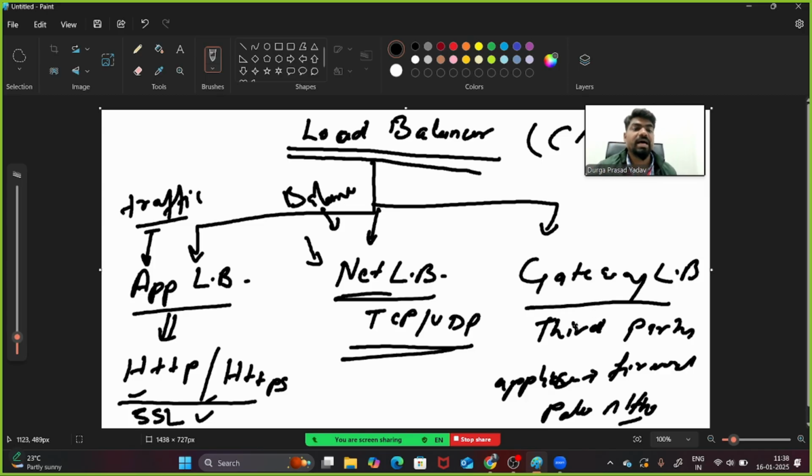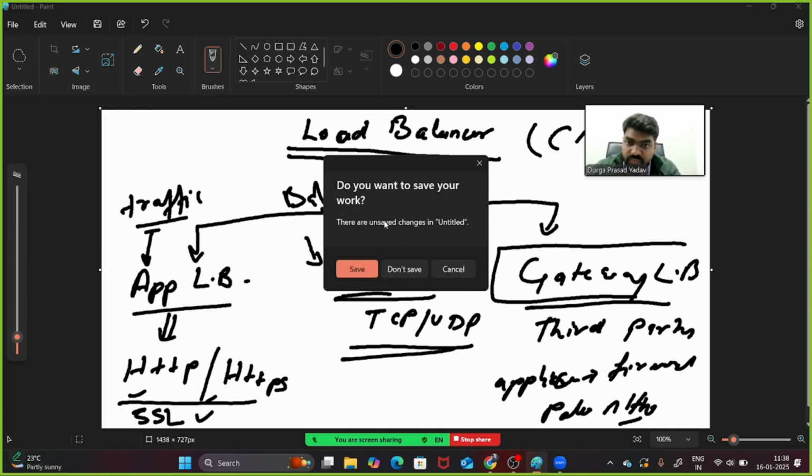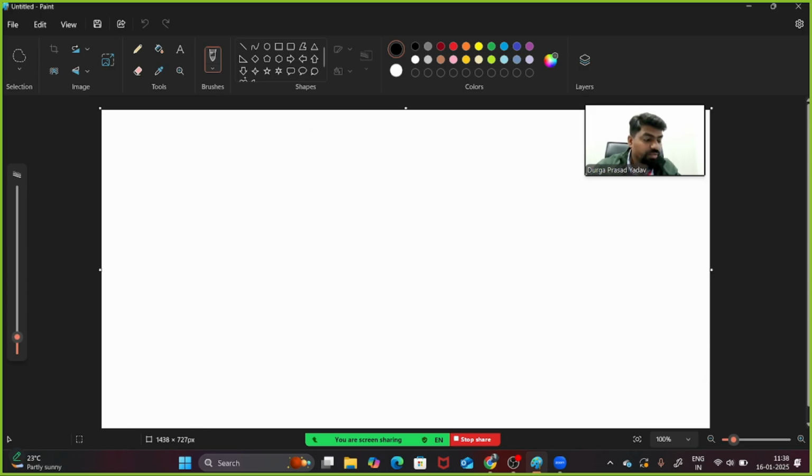Firewall comes as both hardware and software. When we talk about appliance, it means hardware. So if you need to balance the traffic to third party appliances by using AWS, then you will be using the gateway load balancer. So these are the three load balancers we have. Now, since we have gone through EC2, we will be using the application load balancer.